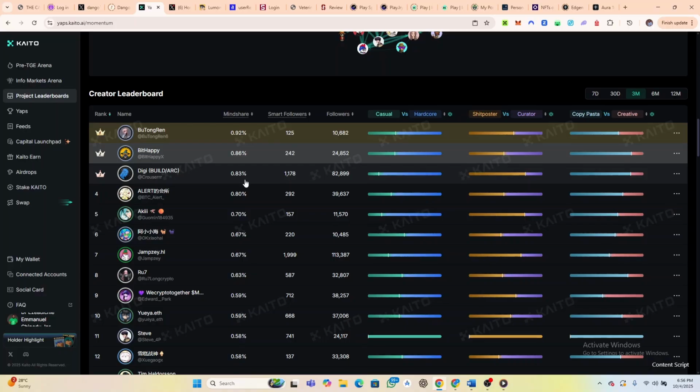So if you are talking about momentum, you're talking about Lumitera, you're talking about Evelyn, and a smart follower comments on your project, you get yaps, you get points, because a smart follower who has been recognized as having credibility and a good audience liked your post and commented on your post. This will make you rank on the leaderboard.